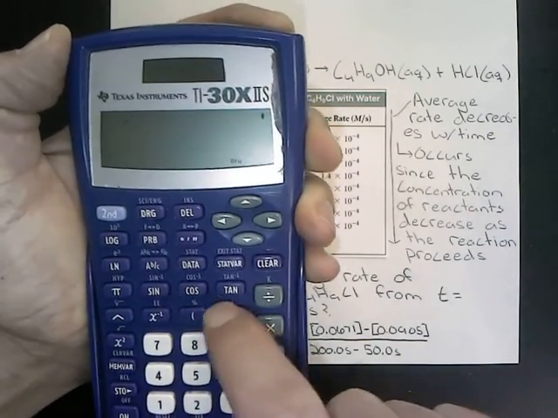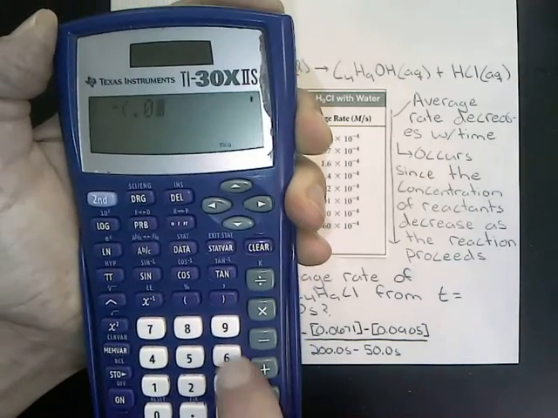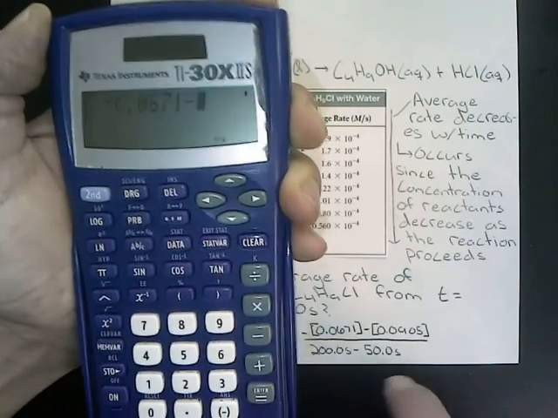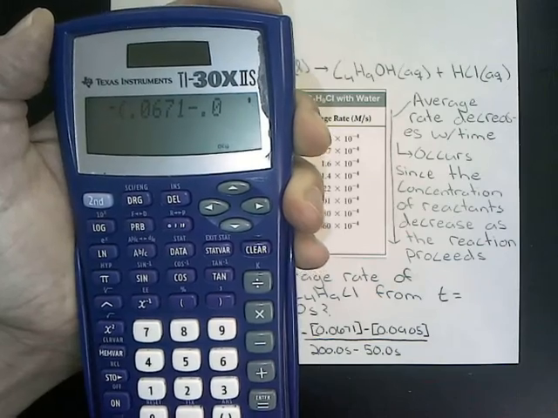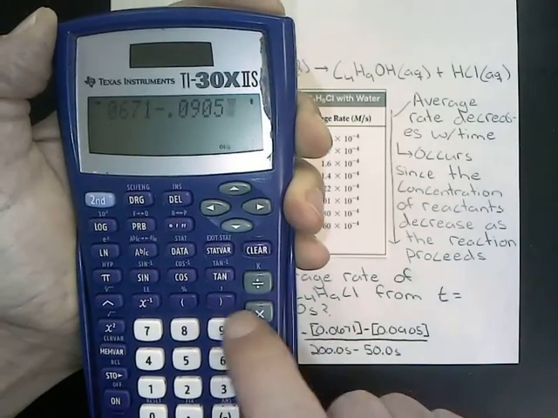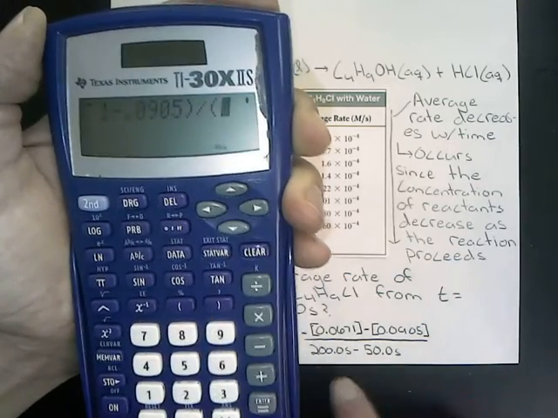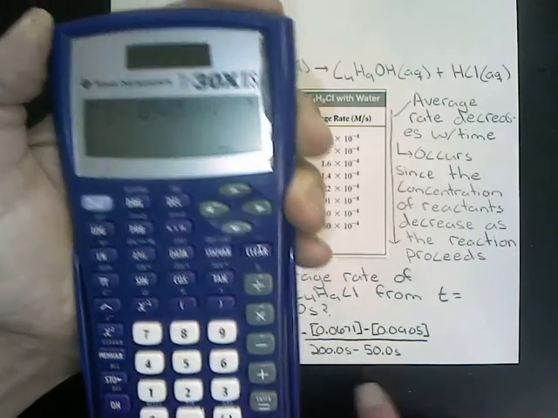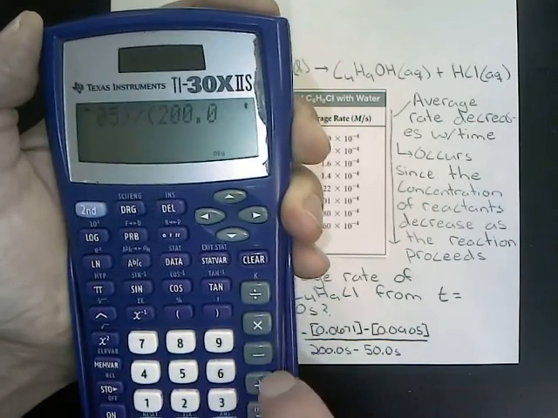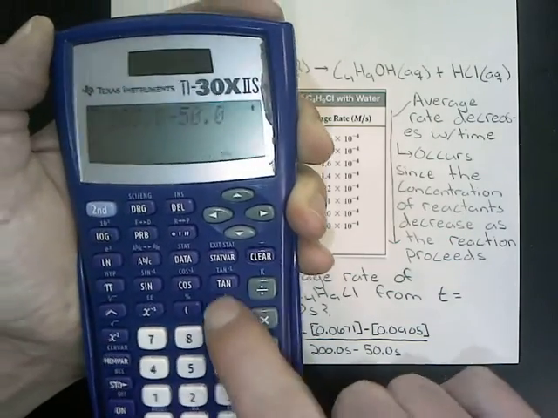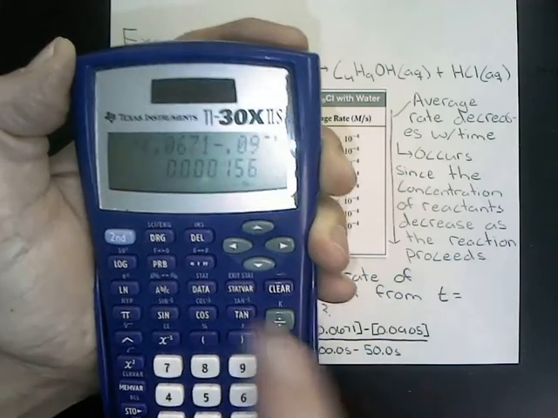So we have negative, the change in concentration, 0.0671 minus 0.0905. We put parentheses there, and we divide by our change in time. Whenever you have this type of calculation, ensure you have parentheses, so 200.0 minus 50.0 in the next set of parentheses, and we get an average rate of